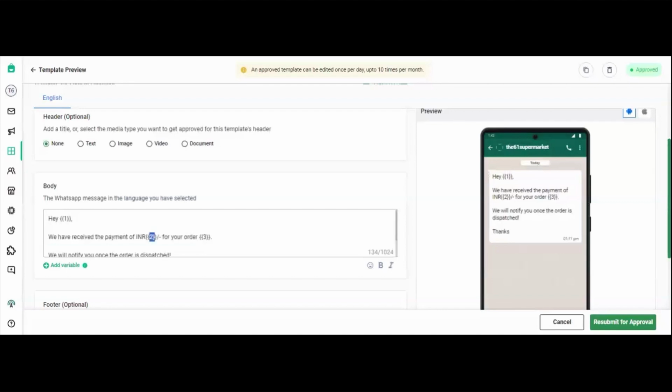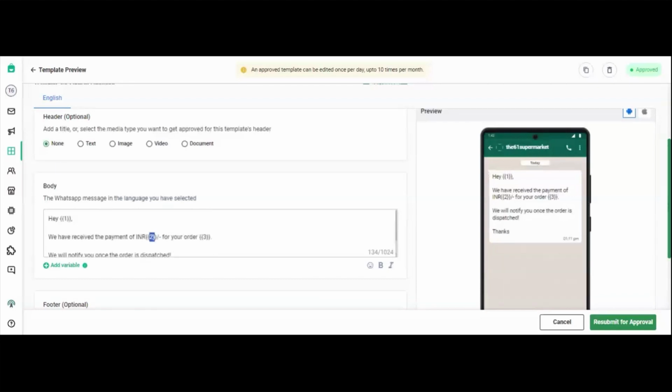All right. So the first variable would be the customer's information, the customer's name. So this message will be like, "Hey Siddharth, we have received your payment of INR 10.75 for your order number, and we will notify you once the order is dispatched." So I've created a personalized template. All right, you have two options. Again, I would say you can go for the actual WhatsApp Pay template,